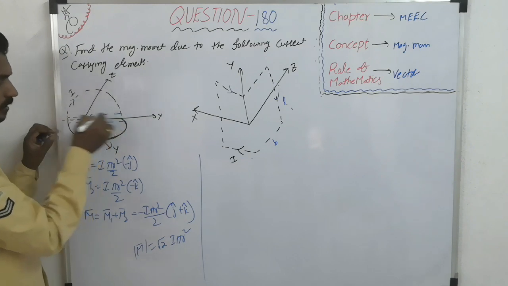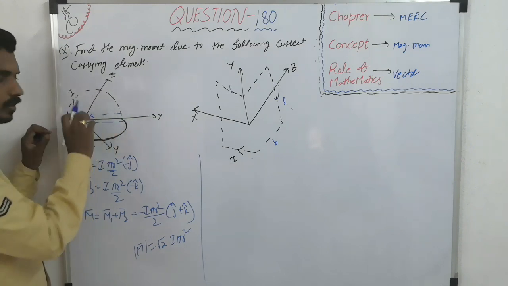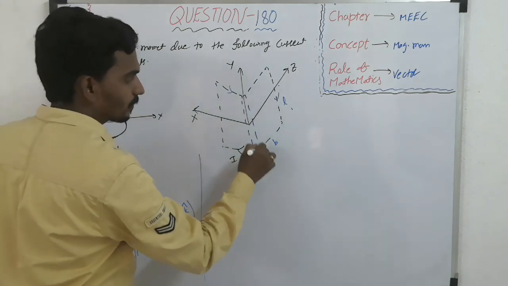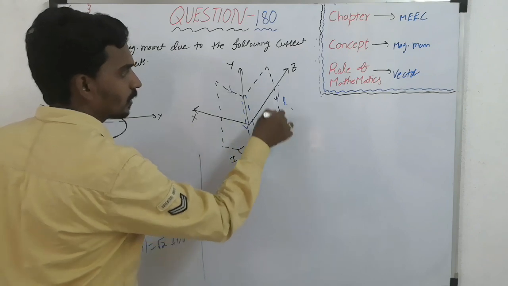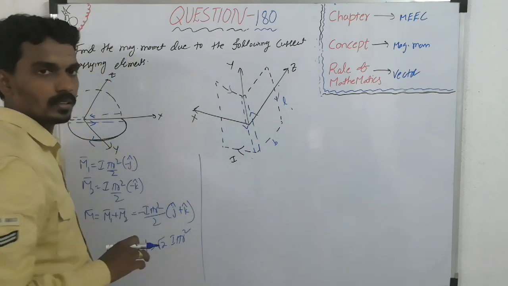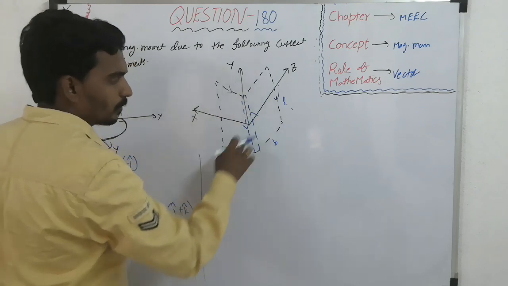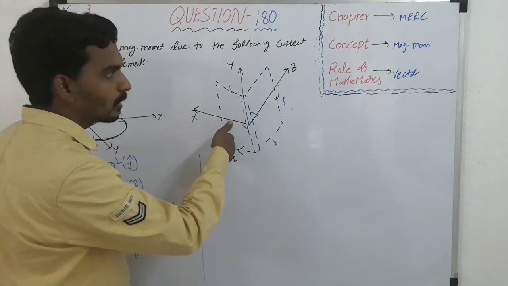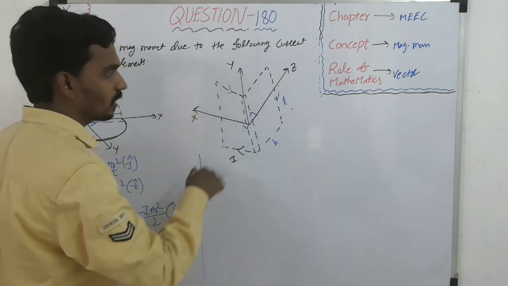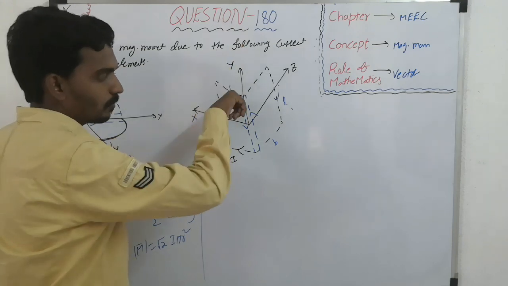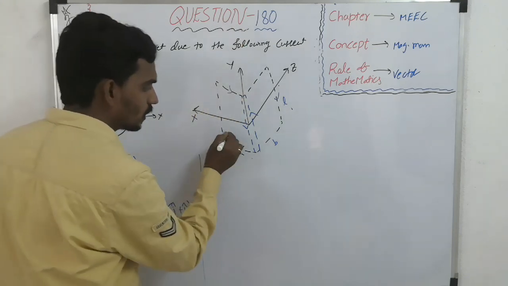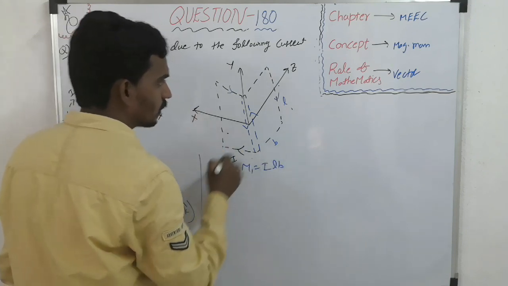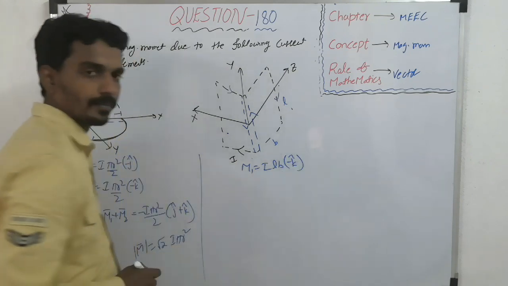For this, current is leftward. For this, current is rightward, so both get cancelled. Similarly, here also you can imagine two lines. For this, downward, and for this, upward, so both get cancelled. Now one is in the xy plane and the magnetic moment must be along z, maybe plus or minus. Now if you take this, the thumb is inward, that is minus z. So for this one, m1 is I into area, length into breadth, minus k cap.